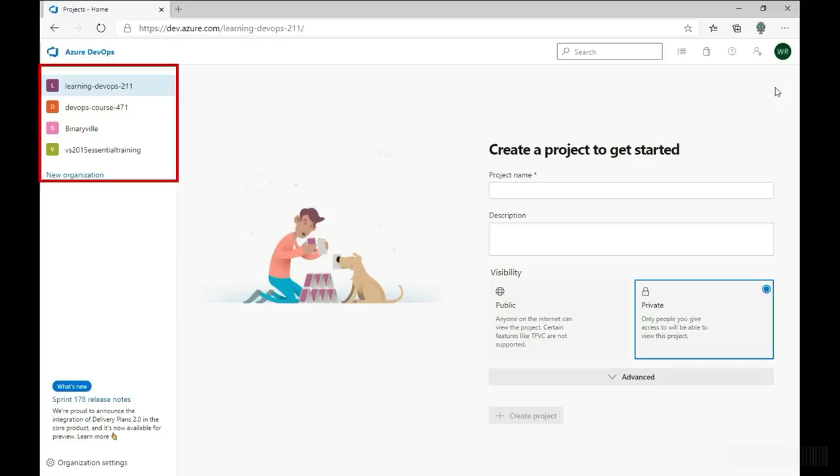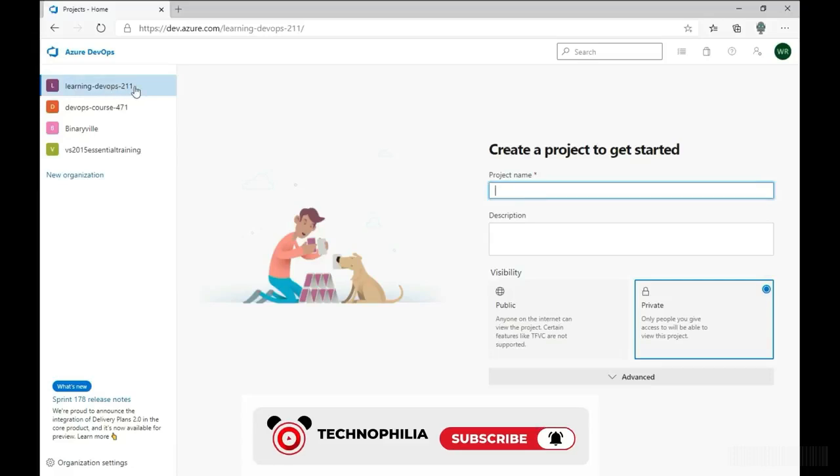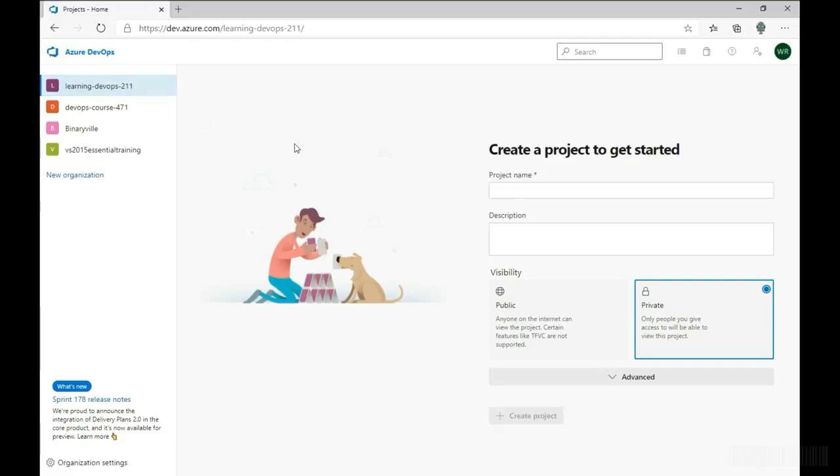Look on the left side. There are 4 organizations over there. Some of these are from prior courses I've created. I just created a new one called Learning-DevOps-211 for this course, with 211 being the last 3 digits of the course number. Now, when I choose this organization, I can see that there are no projects, so I'm prompted in the portal